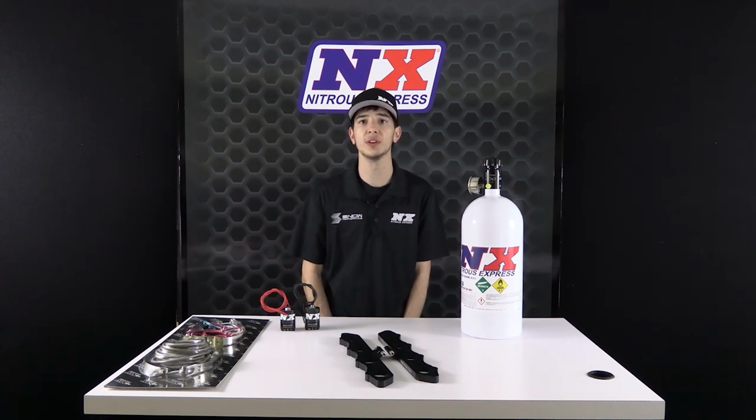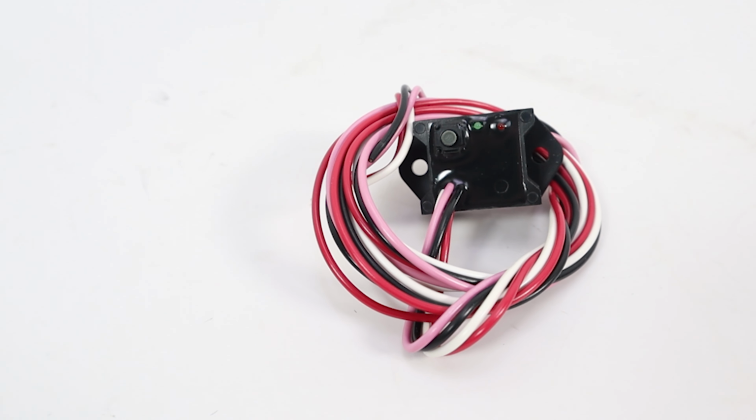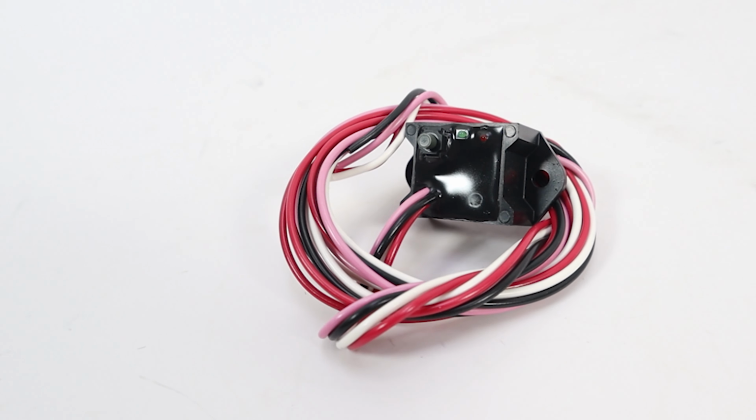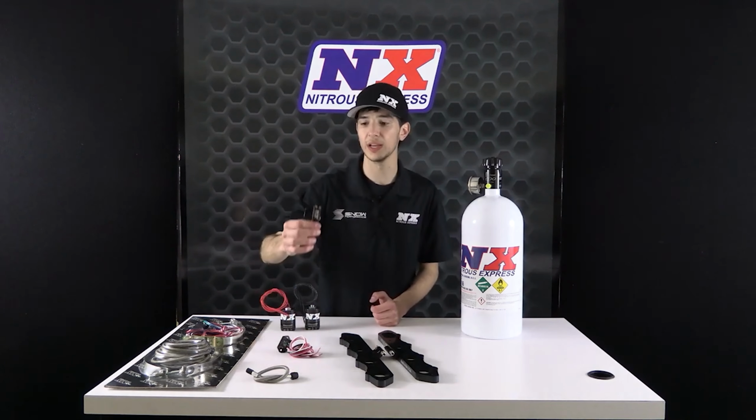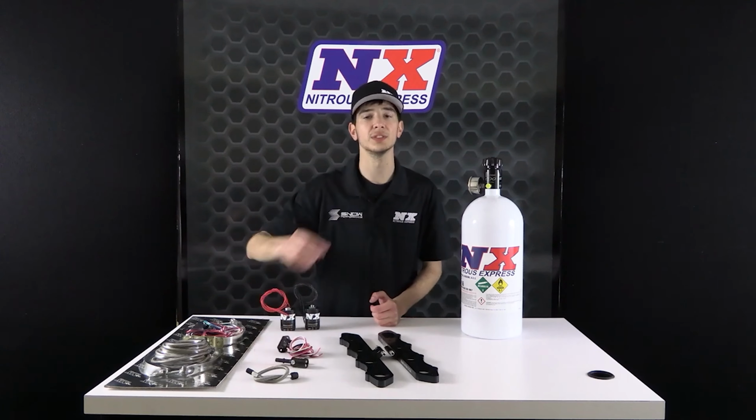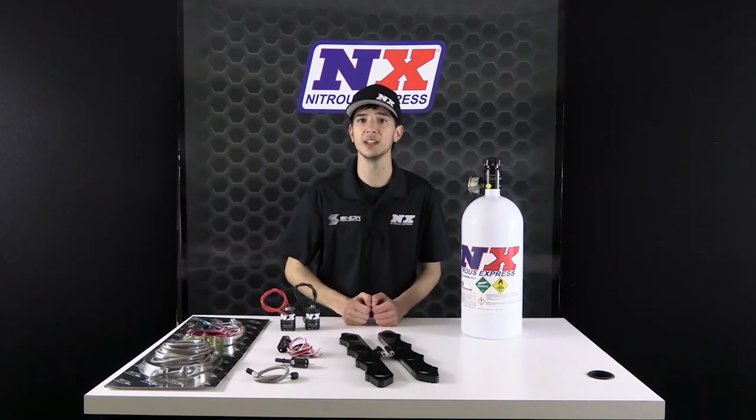The plate bolts under the intake manifold, making installation quick and simple. The plates come in at just under 5/8 thick, so there's no need to run an aftermarket hood. This system includes an auto-learn TPS switch, which allows the nitrous to only activate at wide open throttle. It also comes with a direct plug-in fuel line adapter to simplify installation and no need to cut your factory